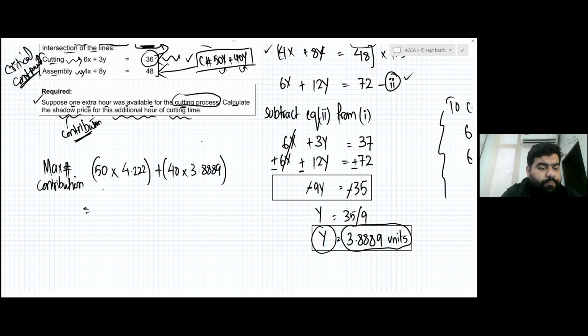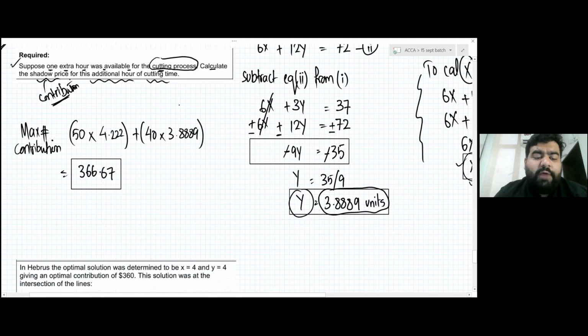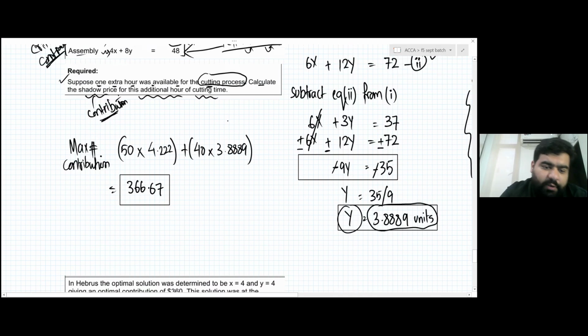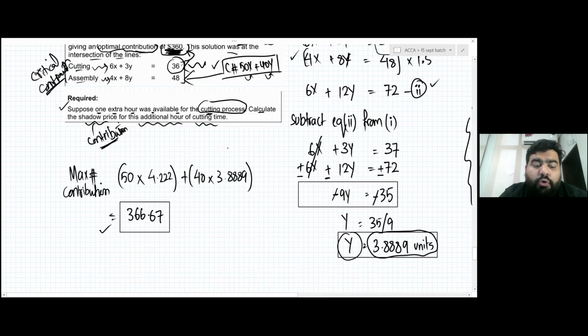So 50 into 4.22 plus 40 into 3.88. It will be 366.67. It means that when we increased the cutting process by 1 hour, the total contribution that we can earn in this scenario will be 366.67. If you remember the old contribution that we read at the start, it was 360. But when we increased 1 unit of the cutting department, took it from 36 to 37, the contribution we are earning now is